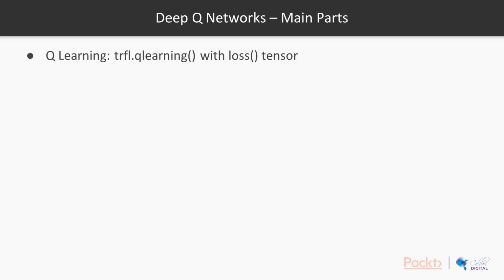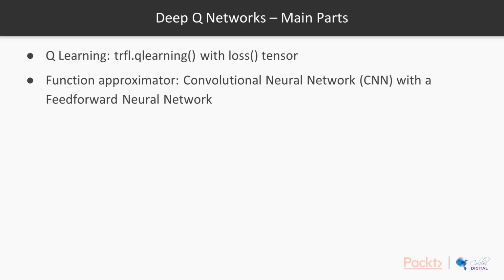There are four main parts to a DQN. The first is Q-learning. The DQN trains on the same TRFL Q-learning function we implemented in Section 1. However, in this section, the input will be batches of tensors fed into a function approximator, i.e. the neural network. We'll be using the TRFL.QLearning loss output in a gradient descent optimizer to train the network. The function approximator in the original DQN was a convolutional neural network that turned the screen inputs into features. Those features were fed to a feed-forward neural network to estimate the action values. For those environments that don't have visual observations, like the CartPole environment we use in this section, the CNN isn't